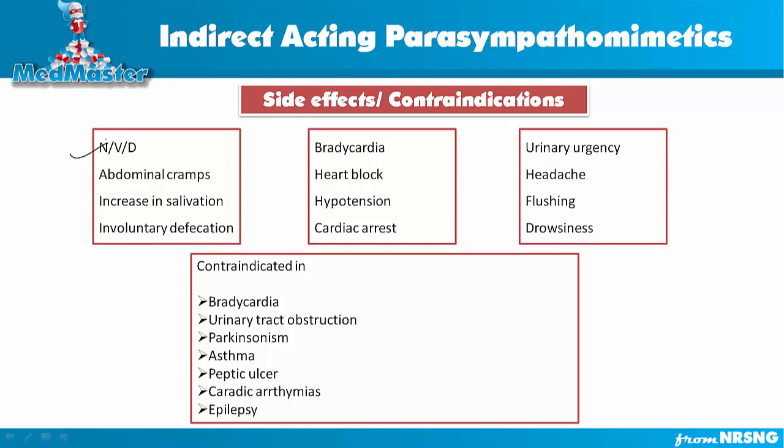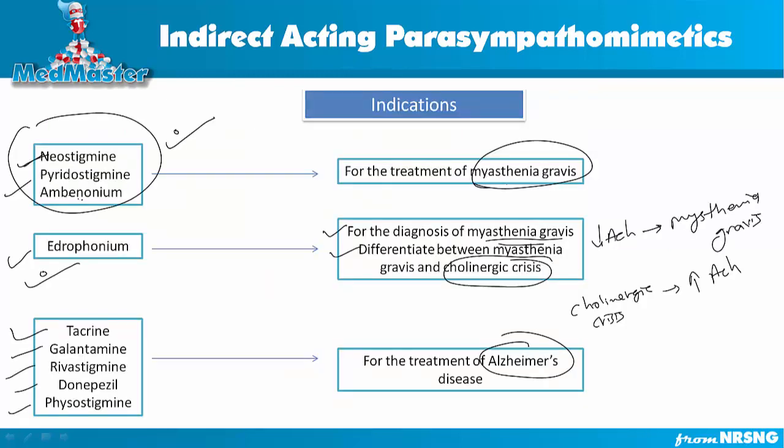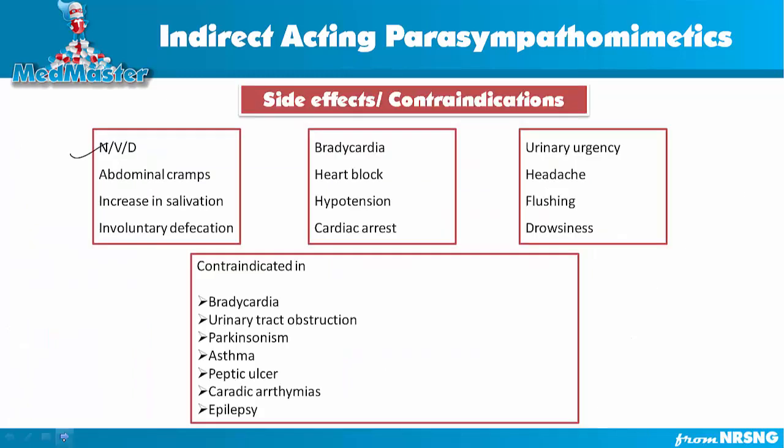For example, here you wanted to treat myasthenia gravis and Alzheimer's disease, but this medication is going to go to the liver, the heart, the intestine, the bladder, and cause effects there. So those are the side effects, like nausea, vomiting, diarrhea, abdominal cramps, increased salivation, involuntary defecation,